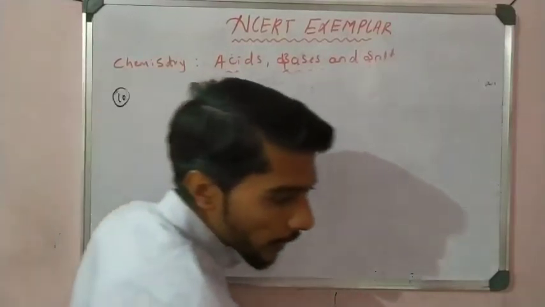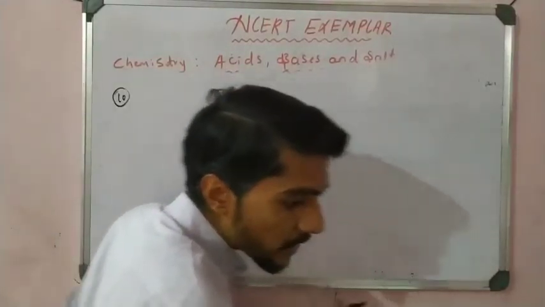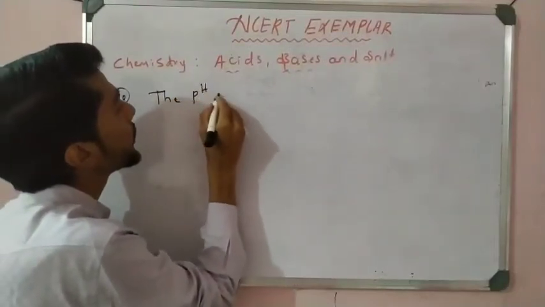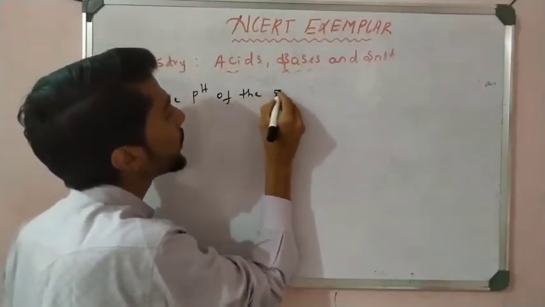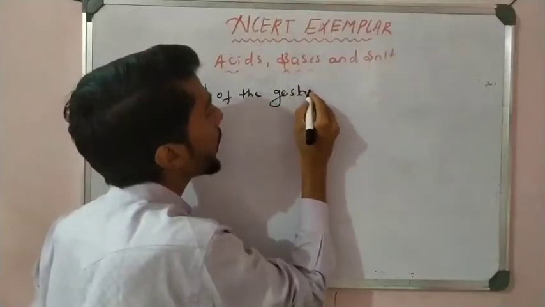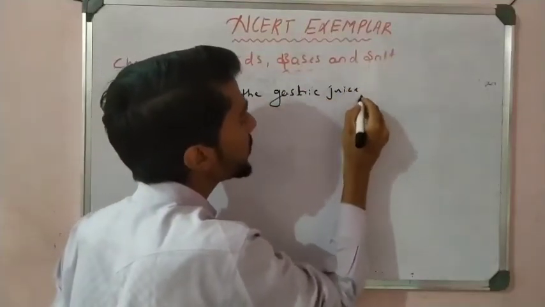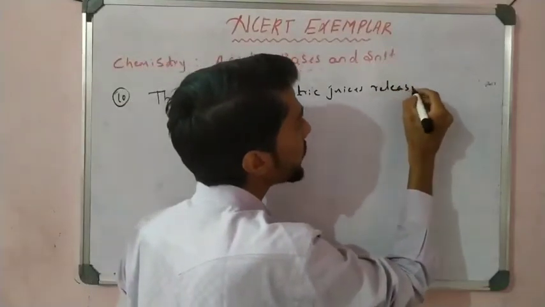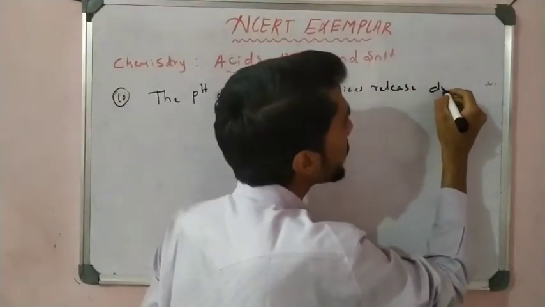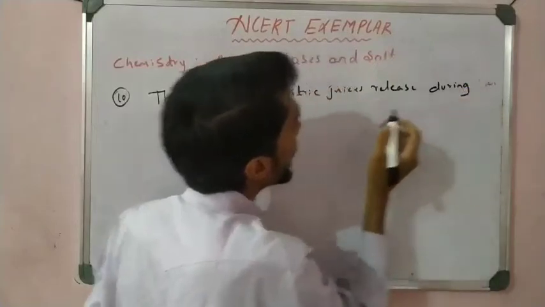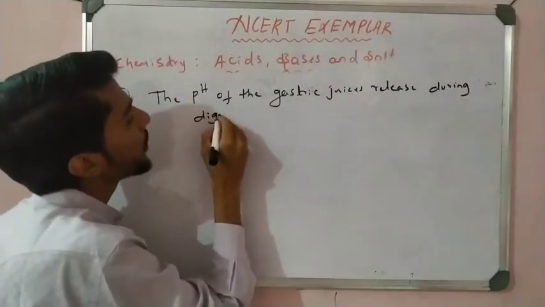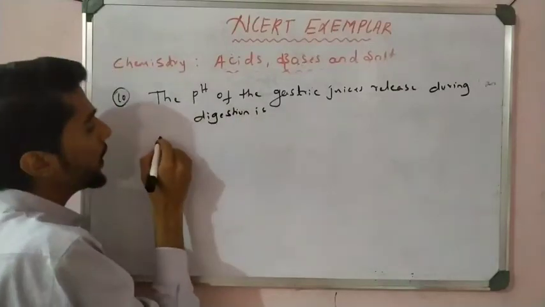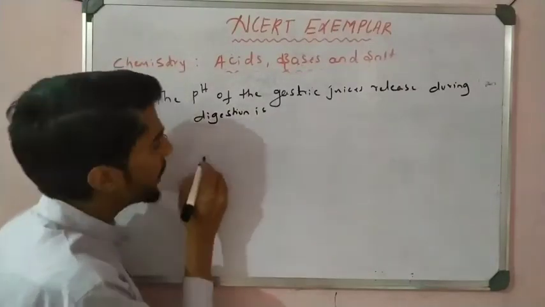Question number 10. The pH of the gastric juice, that is HCl, present in the stomach, juices released during digestion, is... so option A, less than